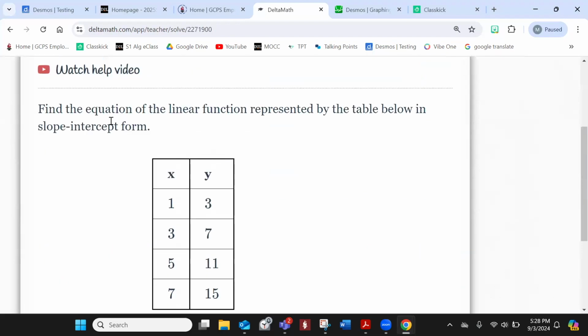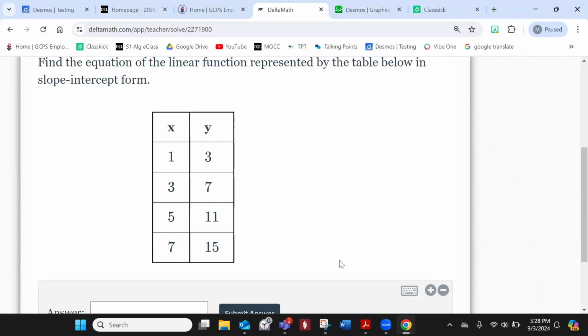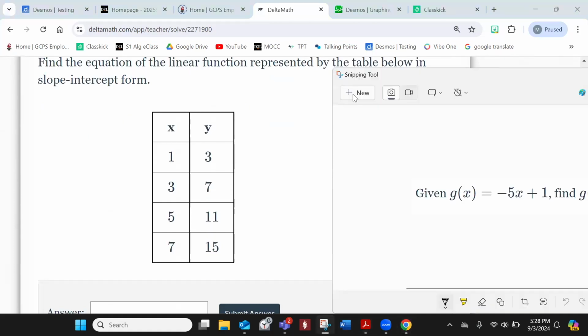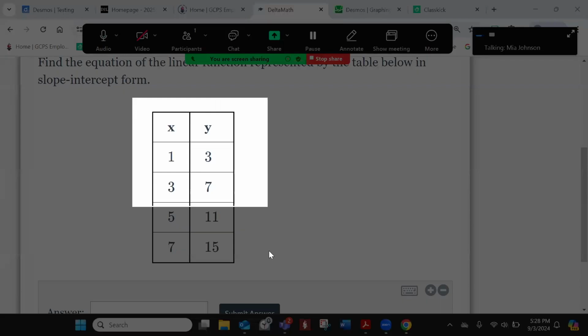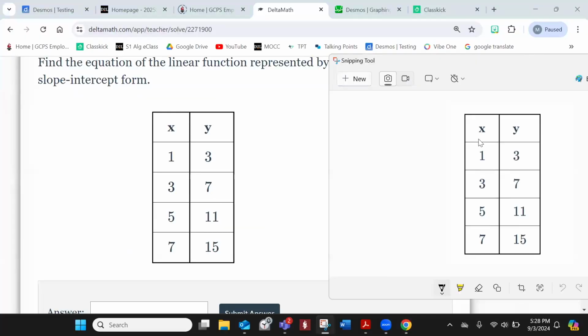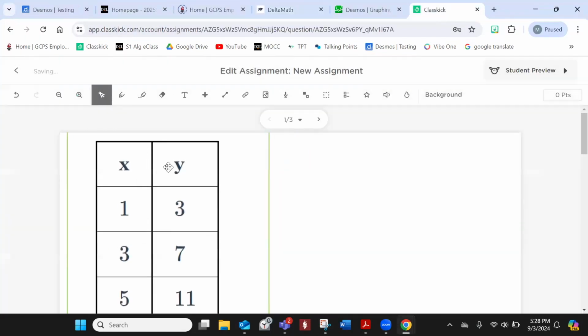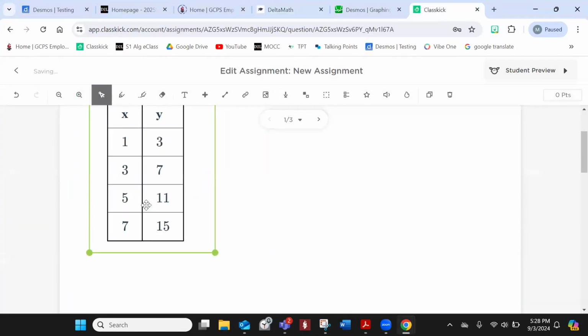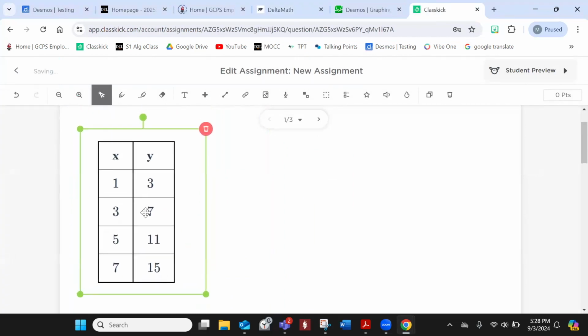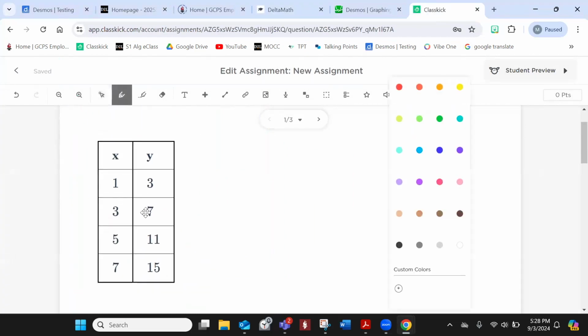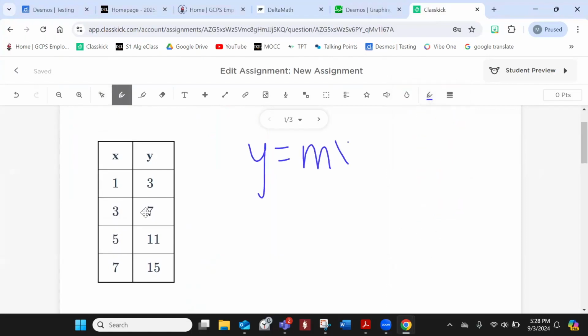All right. This says find the equation of the linear function represented by the table below. So in order to do this one, I am going to put this over here so I can work it out. It says write the equation. So you need to know a couple of things. If we're writing the equation for this table, I need to remember what equation I am writing it in. I'm writing it in slope-intercept form, y equals mx plus b, where m is the slope and